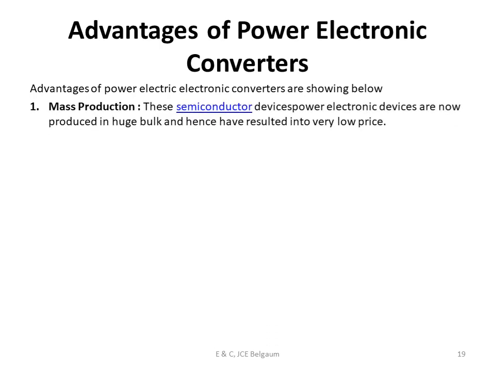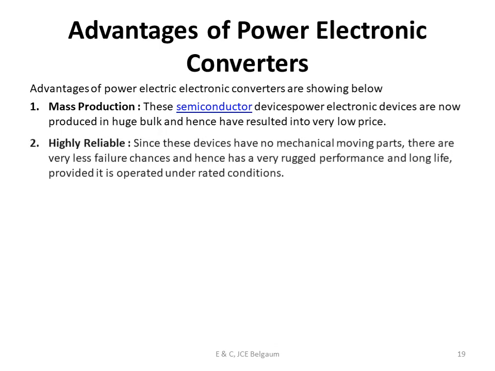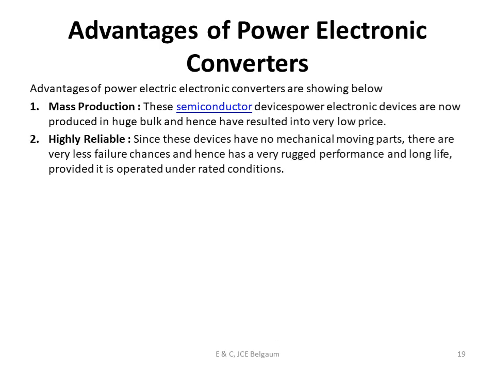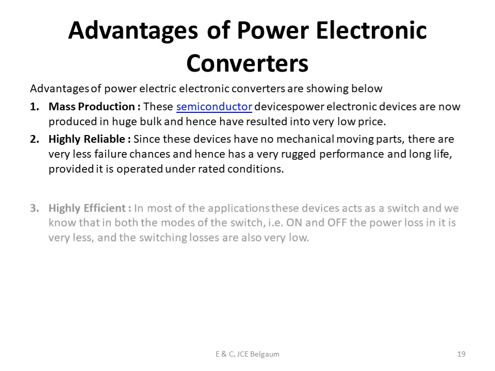So we know a semiconductor device is basically made using wafers, and on a wafer you can have hundreds of devices that can be produced. Okay, so mass production will lead to less price. Next is highly reliable, because we know that if I'm operating the device in a given rated condition, maintaining all the manufacturer specified details, that device is going to function and give you a reliable output. Okay, so it is highly reliable, means it will give you the output that is specified by the manufacturer, provided you use it in the rated condition as specified by the manufacturer.